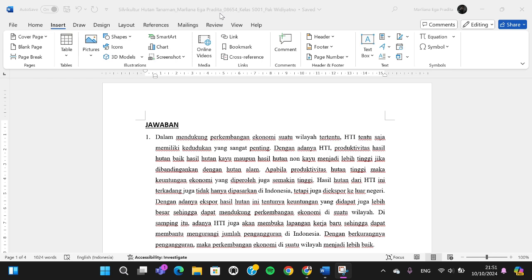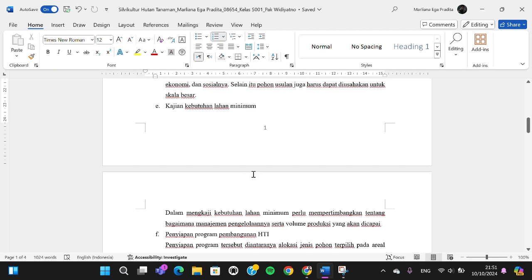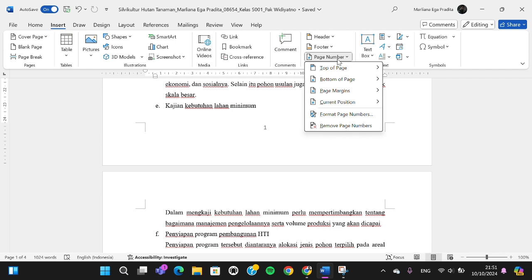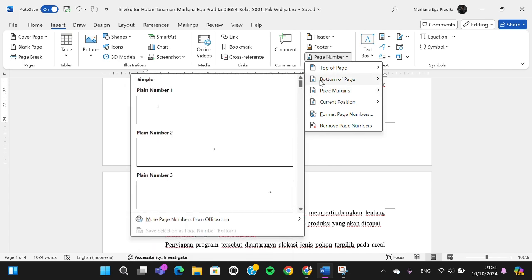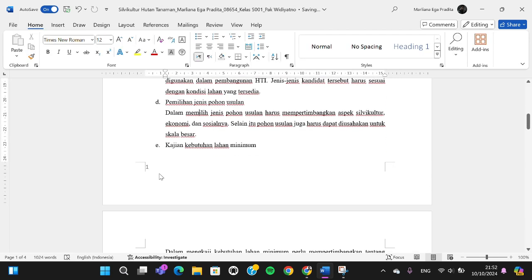Here I have opened my Microsoft Word file in my computer, and as you can see I have applied page number to this document and I'm going to change it. If we want to change the page number, we need to go to the insert menu and we're going to select the page number. And now I'm applying at the bottom of page and I'm going to change the type of the bottom of page. I'm just going to select this one, for example, and now as you can see that the page number has